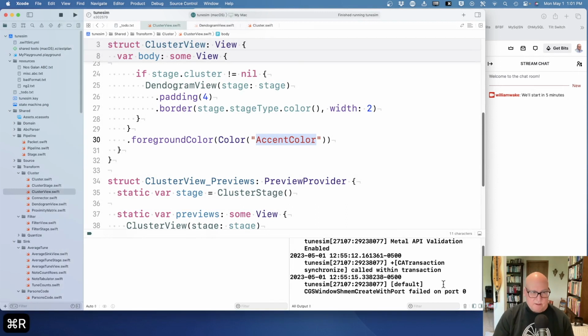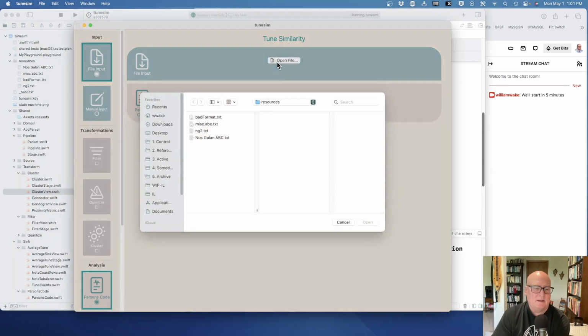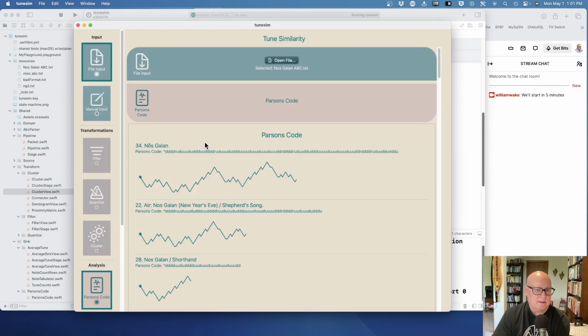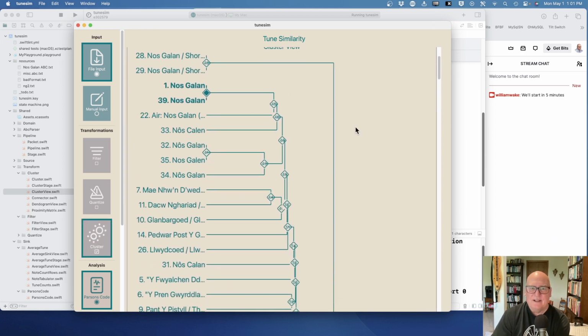Rearrange folder, update foreground color of cluster view. All right, let's run it. I did run tests, so we'll just run the app. Okay, so we've got no scaling, 39 versions of Deck the Halls, and here's our cluster. Now,